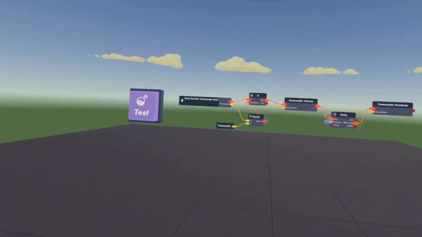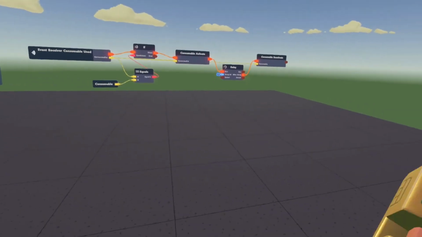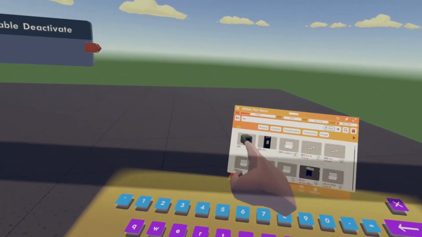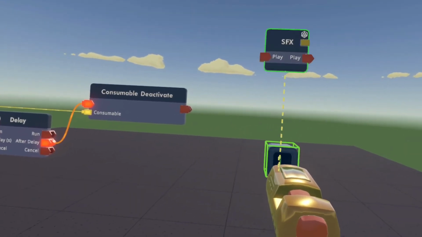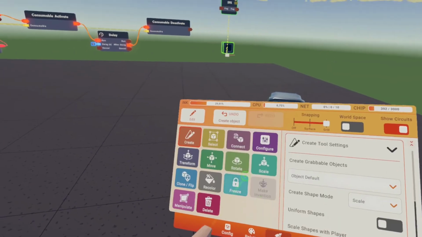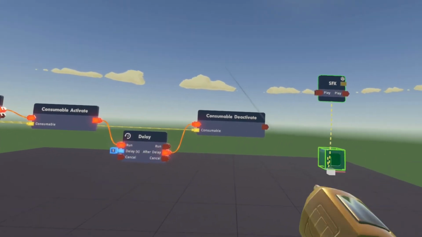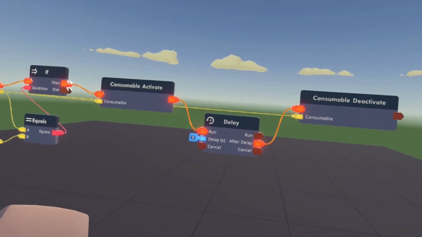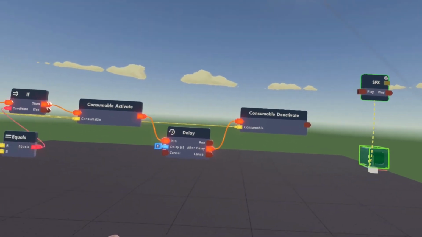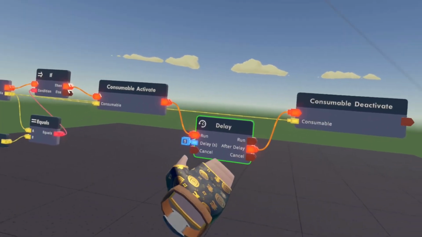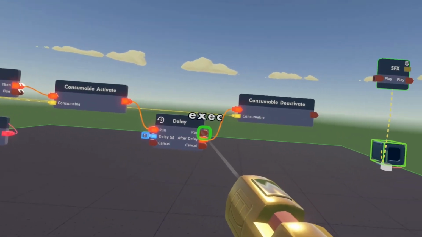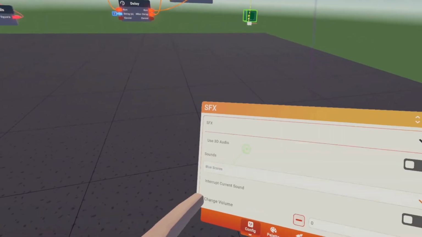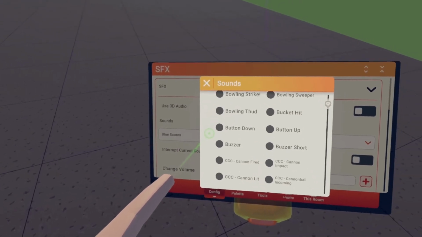Alright, so now our consumable should work. In order to test it, I'm going to use a sound effect. So I'm going to type SFX, and I'm going to spawn the sound effect over here. Now, let's wire up the consumable deactivate or the run of the delay into the chip. It does not really matter which one you use, just that the consumable deactivate is going to use a second delay. So we're going to use run. Now, let's go over to the configure tool and pick a cool sound effect. I'm going to choose